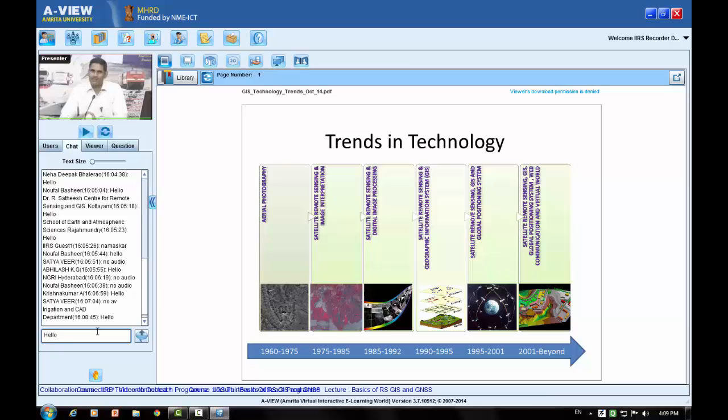And then the internet, as I mentioned, so even without having a GIS, we can also use it. Another development is crowdsourcing, and then there are various other developments. One is